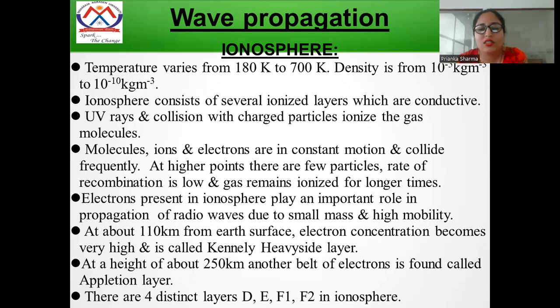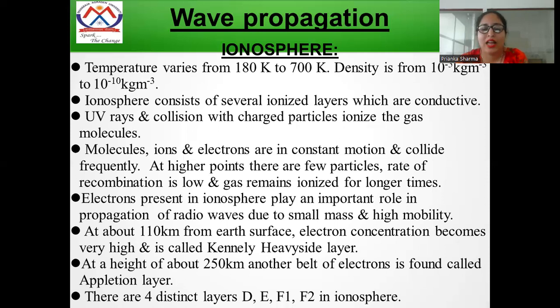UV rays and collisions with the charged particles ionize the gas molecules. Molecules, ions, and electrons are in constant motion and collide frequently in this ionosphere. At higher points, there are few particles, the rate of recombination is low, and the gas remains ionized for longer times. Electrons present in the ionosphere play an important role in the propagation of radio waves due to their small size